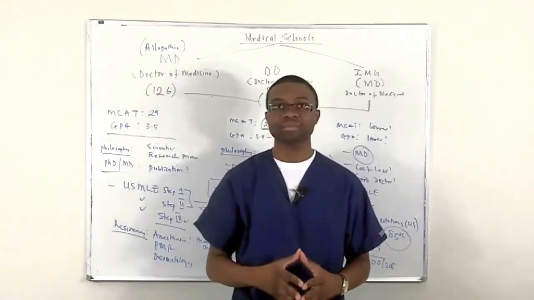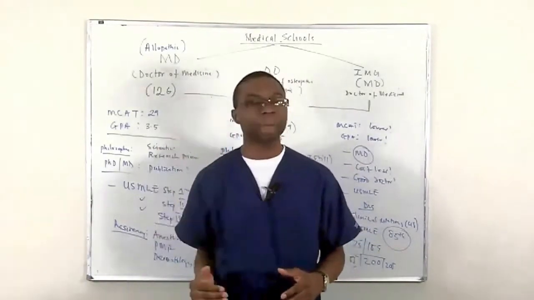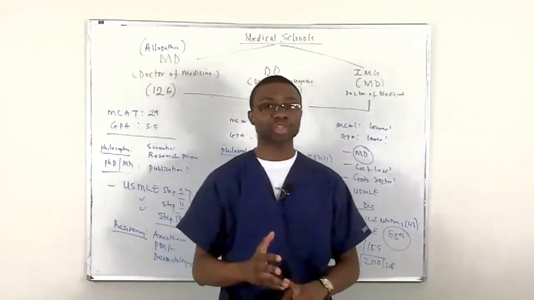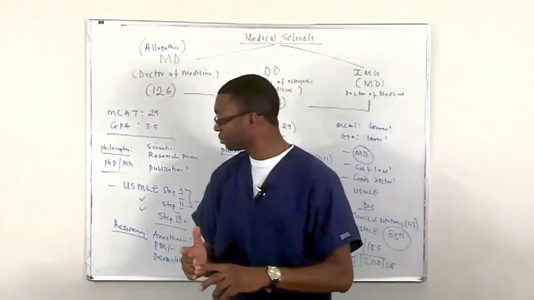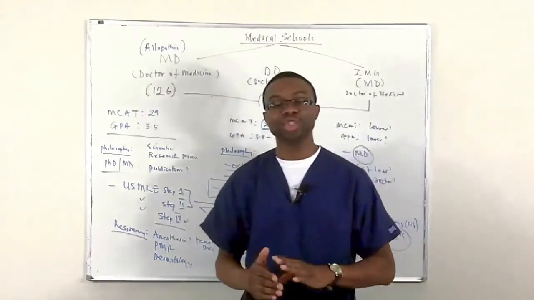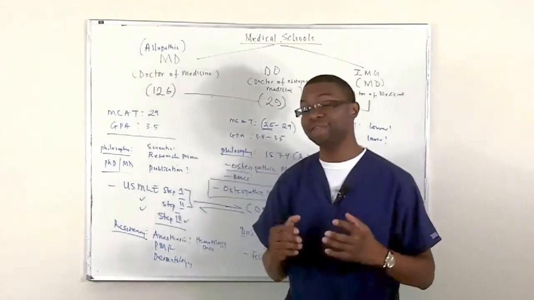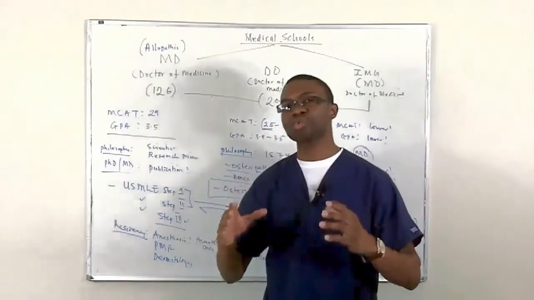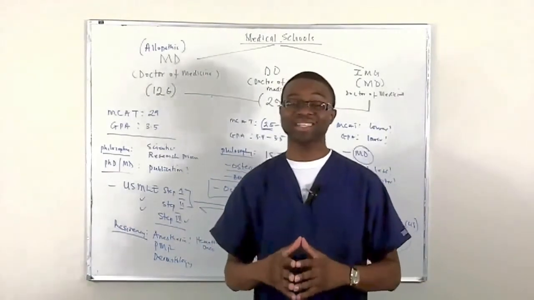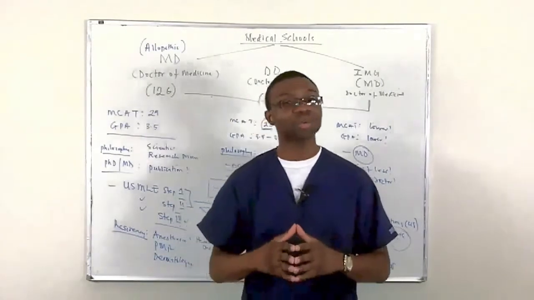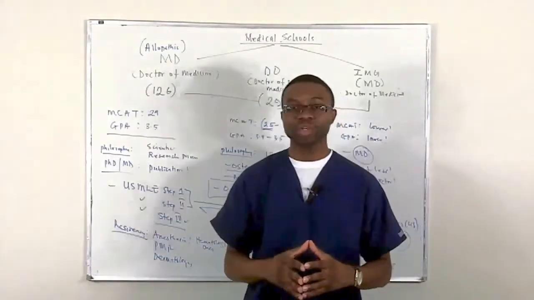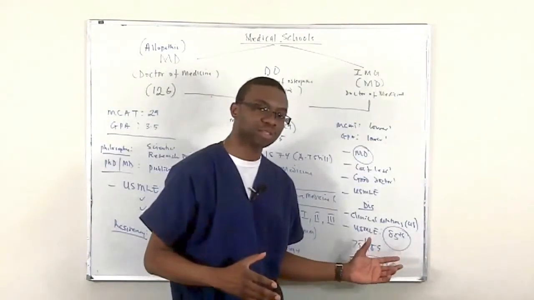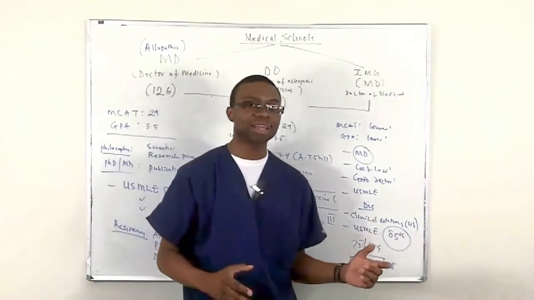There's also a caveat. The very, very super competitive specialties like ENT, general surgery, dermatology, urology, ophthalmology, those are very competitive residencies that only the top of the crop of medical school applicants actually get into. So if you're going to be an ophthalmologist, for example, you have to make sure that you're realistic, that you better be scoring in the 240s and 250s when you take your USMLE,